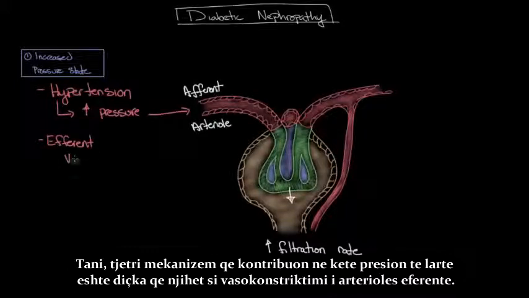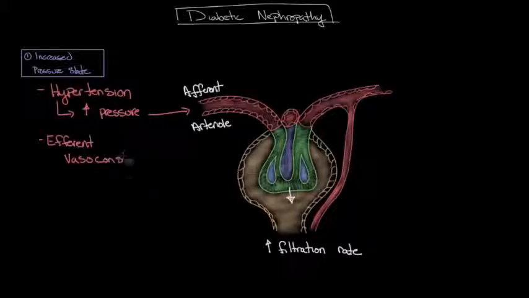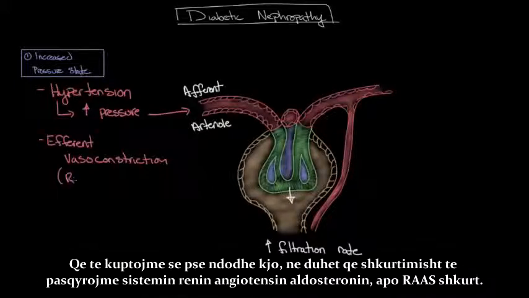Now, the other mechanism contributing to this high pressure state is something known as vasoconstriction of the efferent arteriole, which is just a fancy way of saying that this blood vessel constricts or gets smaller in diameter. So to understand why this occurs, we need to briefly review the